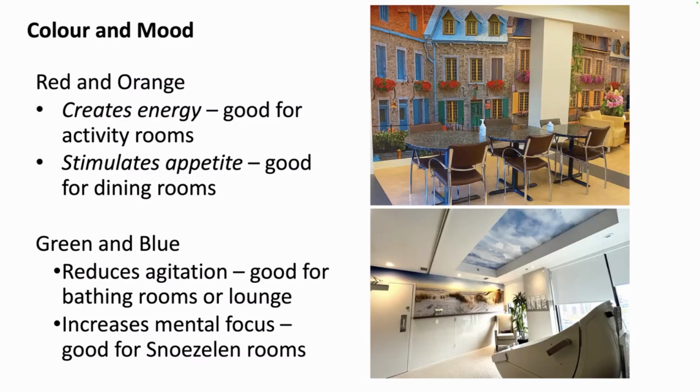It's why, if you look around at all the different fast food restaurants, their logos and their decor, you'll find that most of them, everything is based around reds and oranges because it stimulates appetite. So we want to use these colors, the warm colors, the reds and the oranges, in rooms like activity rooms